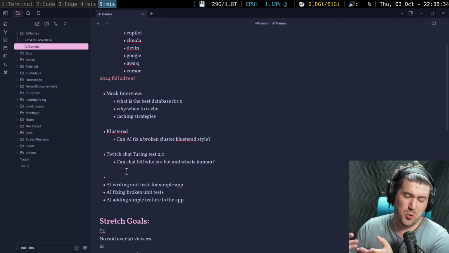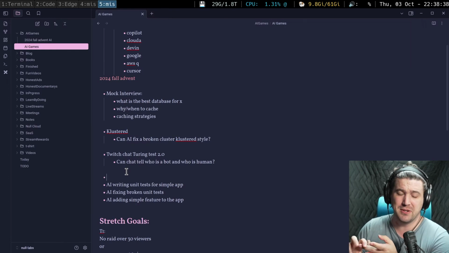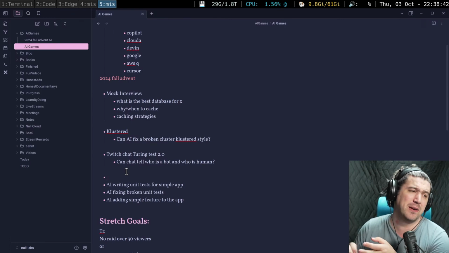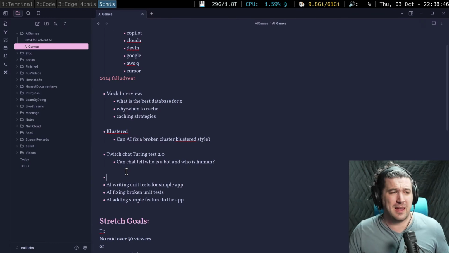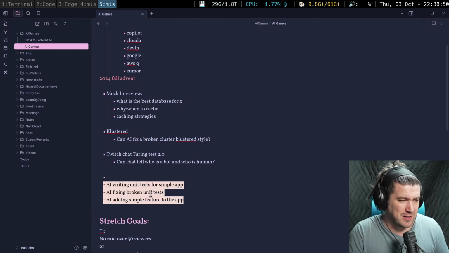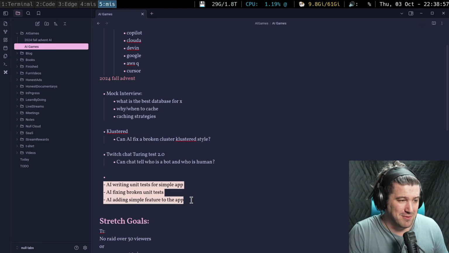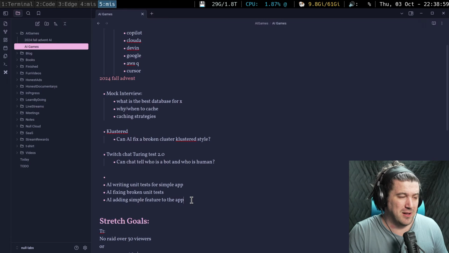We'll prompt it, but we'll see if it can fix the broken unit test, add a unit test of its own for a function that doesn't have one, and some of these practical things. And we do this in several languages too. This is something we'll have to write on stream soon, because I don't have this app, and we've got to write a couple of them. I might write it once and then ask you guys to help me see if you can regenerate the app in a few different languages, which would be really cool.